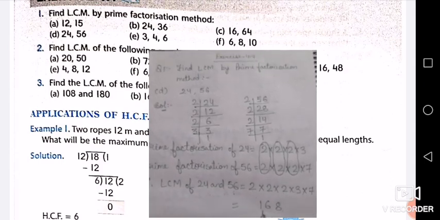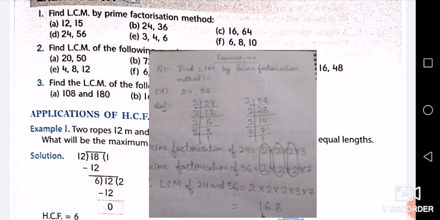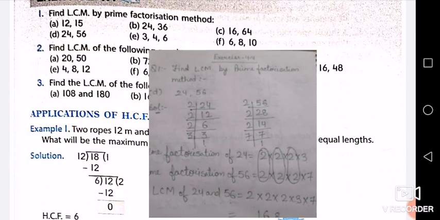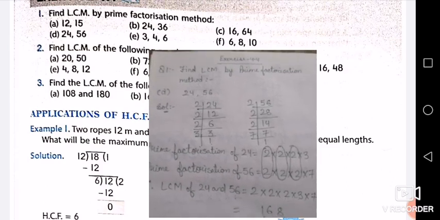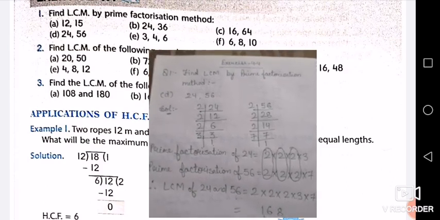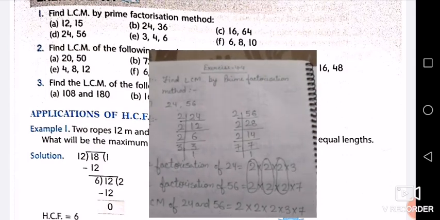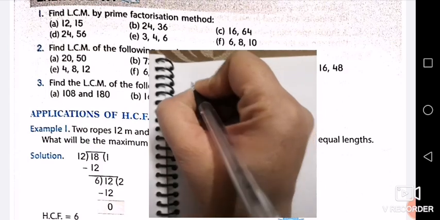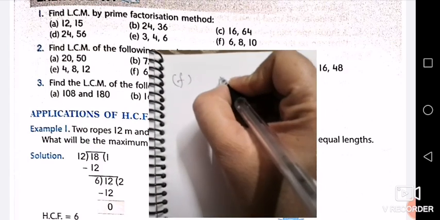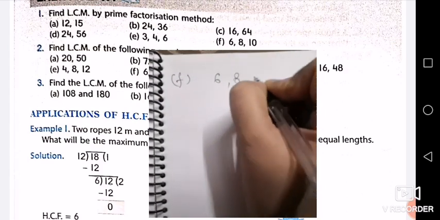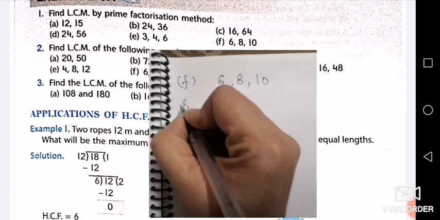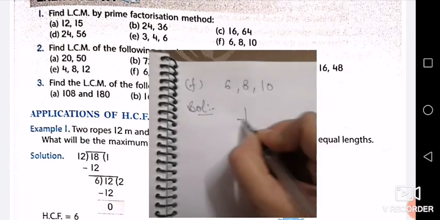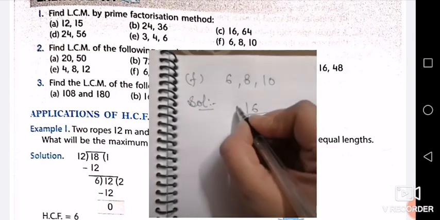So this question is of two numbers only. What will you do if more than two numbers are given, how will you find LCM in that case? That we will see right now. Now E part is a little bit simple, that you will do yourself. We will do F part, that is 6, 8 and 10. Now what is the first step? The first step is finding prime factors of the given numbers.